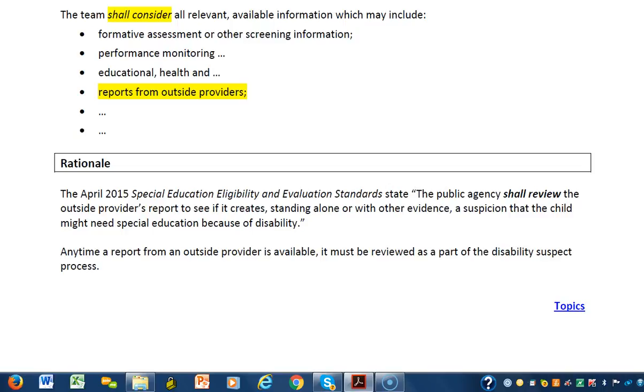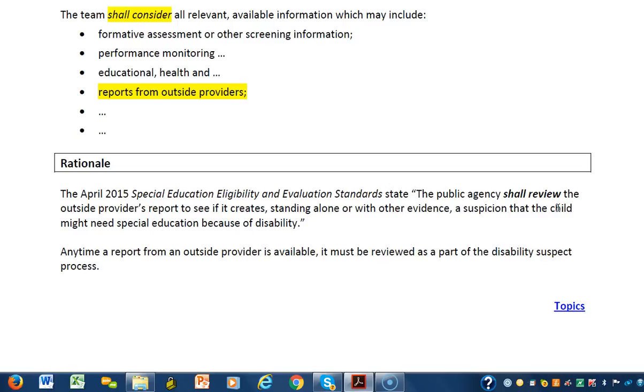Because if you look here at the rationale, again, this is coming from the eligibility and evaluation standards. And you can see that quote there: the public agency shall review the outside provider's report to see if it creates, standing alone or with other evidence, a suspicion that the child might need special education because of disability.